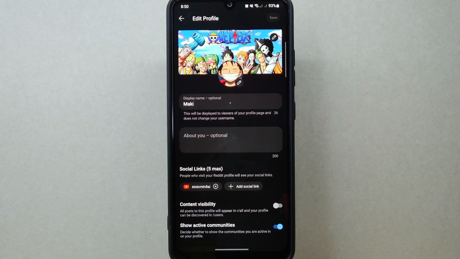There you go. If you wanted to know how to add social links on Reddit profile, that is the easiest